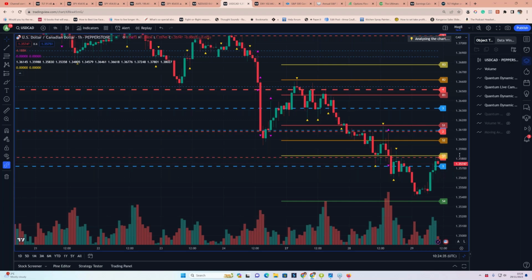Now the third and fourth Camarilla levels are really, really important. I would say the third is possibly more important. It's where price action almost inevitably stalls. And it's also supported by the VPA, because this is the hourly chart. This is the candle from this morning. This is when Europe came on board.